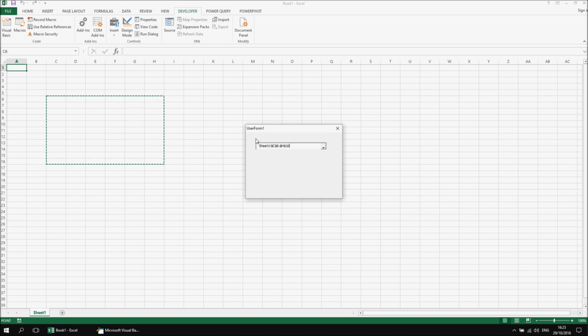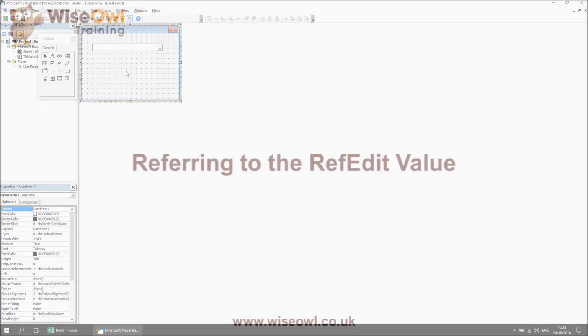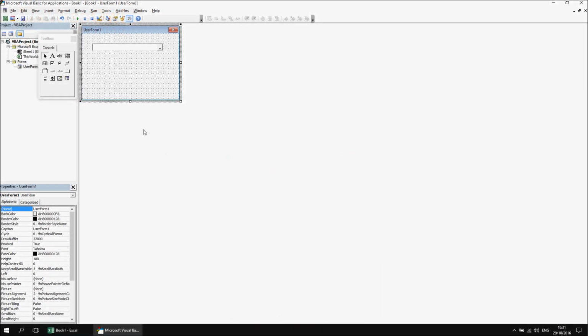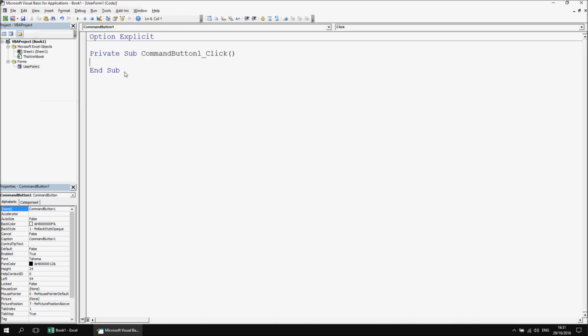How can we actually then make use of the value that's returned by the RefEdit control? Let's close the form down, head back to the design view of the form, and see how we can do that. Just to demonstrate the basics of what the RefEdit returns, let's draw a command button below it on the form, and we're just going to make a quick event handler that will display a message box returning the value of the RefEdit. So the simplest way to do that, of course, is to double click the command button, which gives us the command button's click event handler,